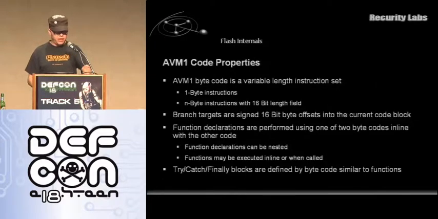The code itself, the AVM1 code, is variable length instructions. We all know how great those are. It has signed 16-bit branch targets, which pose a problem. And then there's the 2 sickest things I've ever seen. So if you want to define a function in every other executable format,